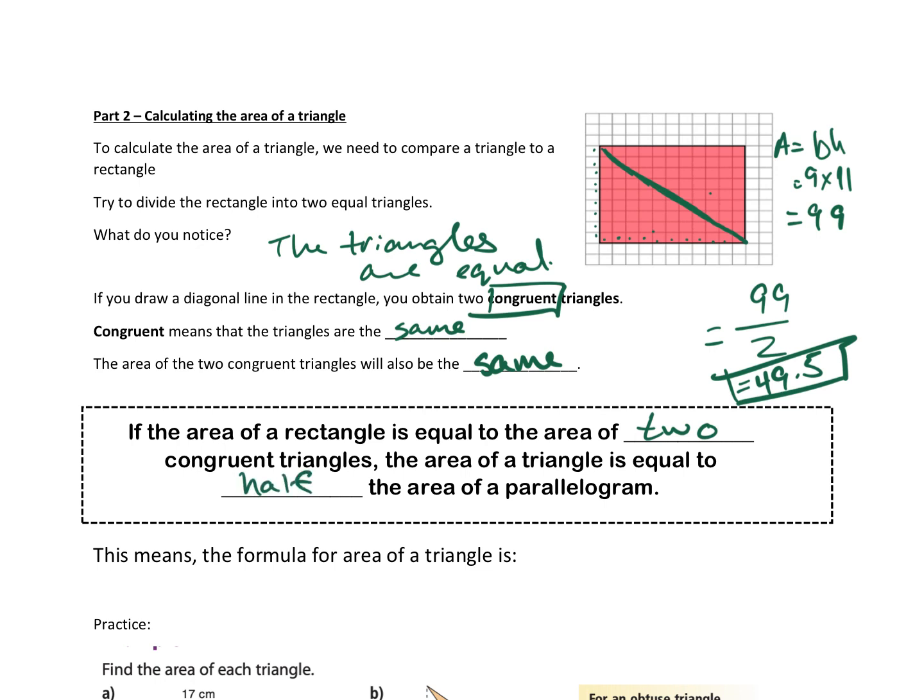Oh, it says parallelogram here. Parallelograms and rectangles. Rectangles are parallelograms, so I just forgot to change that word to rectangle. So it should be rectangle. So the area of a rectangle. Okay, so what that means is